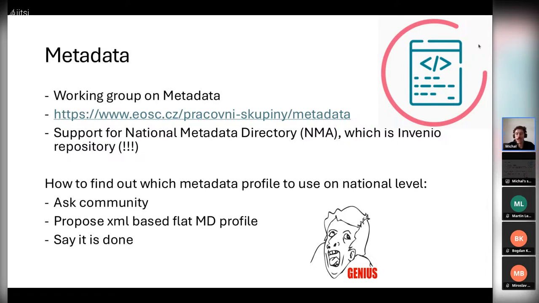And the metadata working group shall provide support for the national metadata directory. Basically, this was how it was created. The whole infrastructure, including all repositories, is driven by CESNET, and CESNET has developed its own